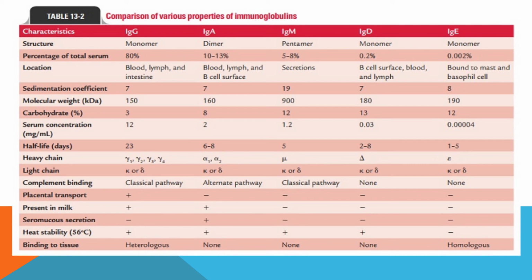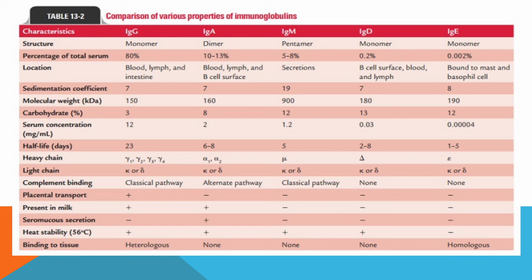Coming to the percentage of total serum, IgG constitutes about 80% of the total serum, whereas IgA constitutes about 10 to 13%. IgM constitutes about 5 to 8%. IgD constitutes about 0.2% of the total serum, and IgE